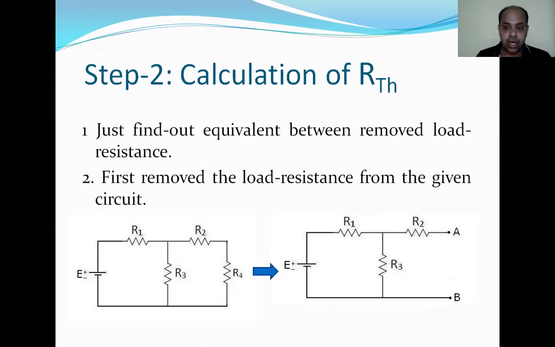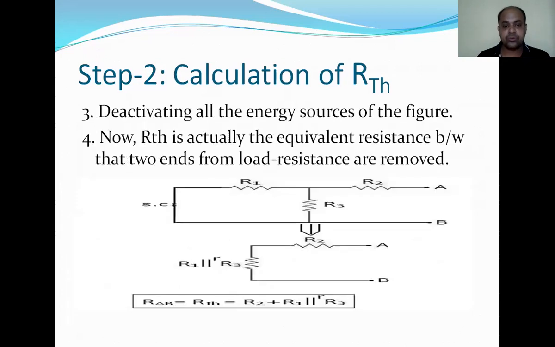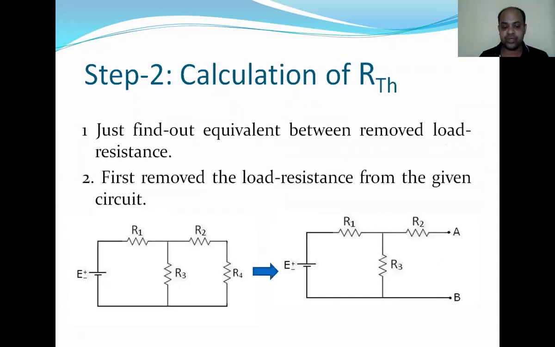So after removing R4, we will find the circuit which is on the right side. We'll get two terminals, open terminals. One is A and the second one is B. Now we have to deactivate all the energy sources from the given figure. Look, if you follow our given figure, you can find there is an energy source, that is E, and